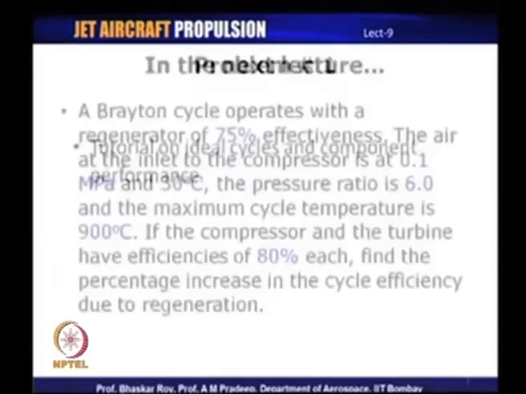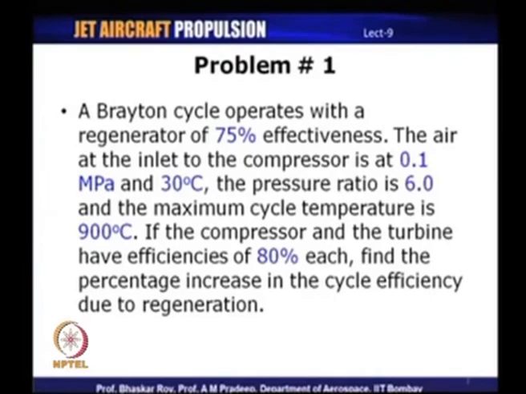Let us take a look at the first problem. The statement reads the following. It is a problem on a Brayton cycle. A Brayton cycle operates with a regenerator of 75% effectiveness. The air at the inlet to the compressor is at 0.1 megapascals and 30 degrees Celsius. The pressure ratio of the cycle is 6 and the maximum cycle temperature is 900 degrees Celsius. If the compressor and the turbine have efficiencies of 80% each, find the percentage increase in cycle efficiency due to